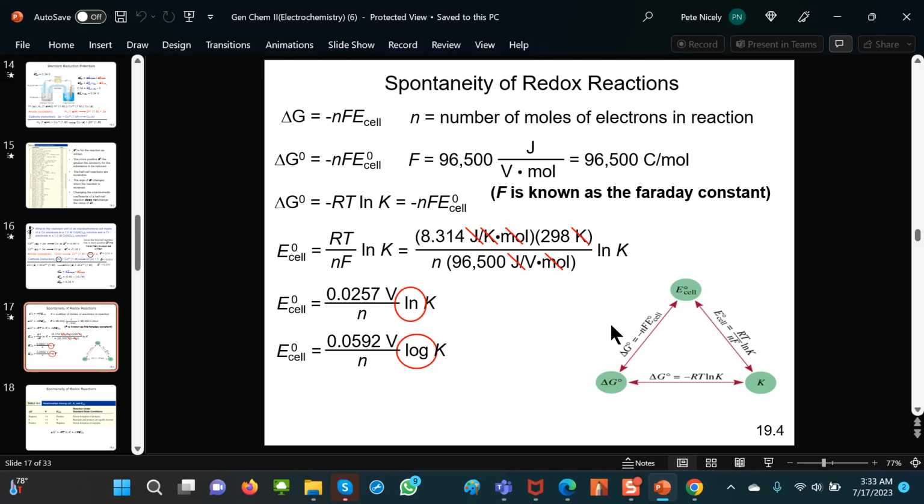Let's talk about the spontaneity of redox reactions. If you recall, in the thermodynamics chapter, we talked about what makes a reaction or process spontaneous. It comes down to the sign of delta G, the free energy. If delta G is negative, then the reaction is spontaneous. If delta G is positive, that means the reaction in the direction it's written is non-spontaneous, and spontaneous in the